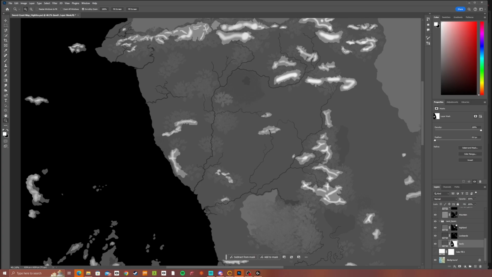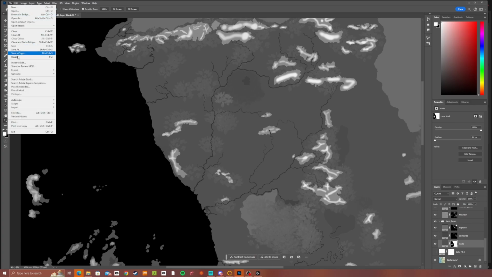Sometimes having the rivers included as part of your initial height map can make it look better. And sometimes you're better off just subtracting the rivers from the land mass in Gaia later on after the erosion step. But to summarize all of the files that you'll need to output,